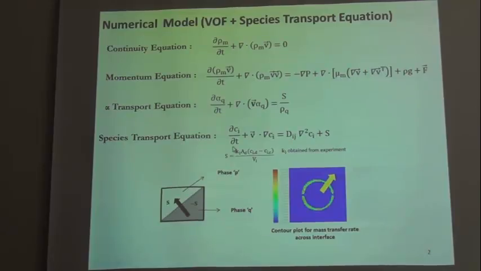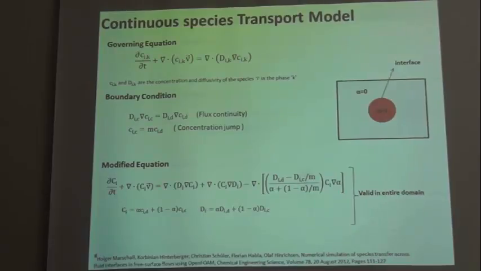The downside of this solver was that you need to have a priori knowledge of what amount of mass was actually being transferred across the interface. So we began to search for a more robust model by which we could avoid this, and we came across a paper by Holger, wherein they had proposed something called the continuous species transport